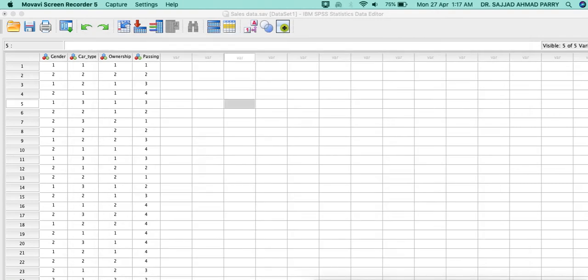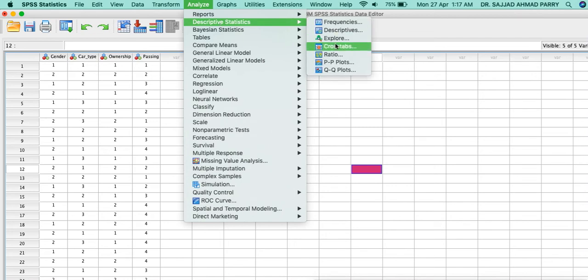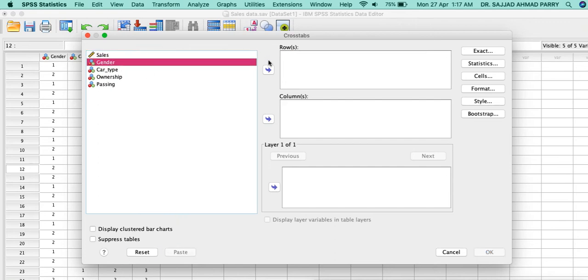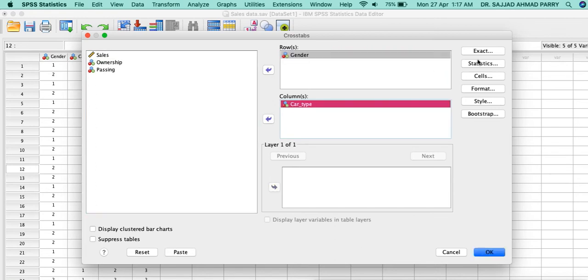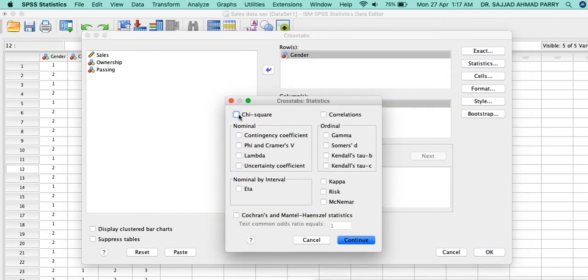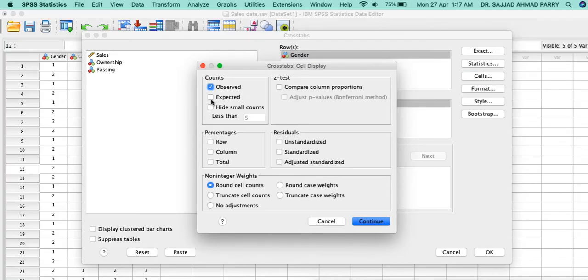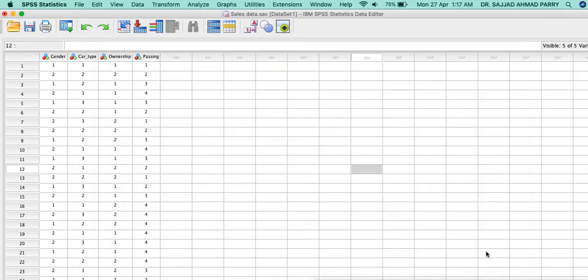Now let us go to Analyze, then Crosstabs again, and here we reset it. Let us take gender and car type here, and then go to Statistics. We check chi-square here, and then in Cells we check the expected frequency. Format style and all, nothing is done there, so we click OK.